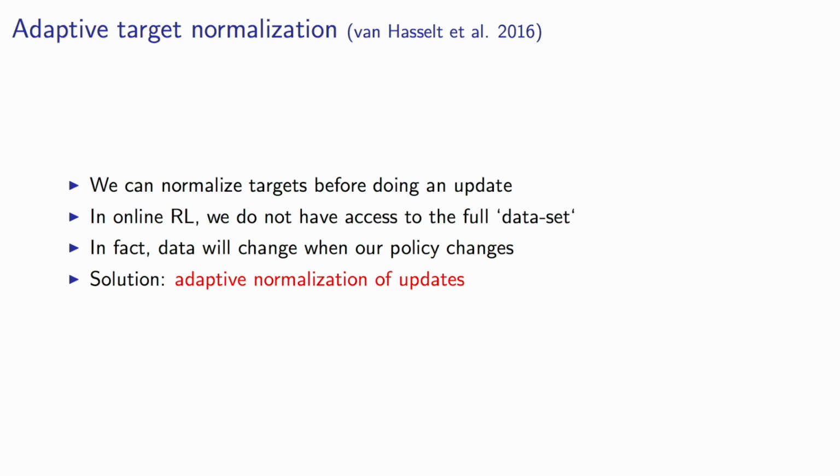Because in these games, for instance, at the beginning your scores might be quite low, but it might still be important to see the difference between an extremely low and a somewhat low score. Whereas much later in the game, your scores might be thousands of times higher in certain games. And then it becomes a little bit harder to pick an optimizer and a learning rate and things like that to be able to learn across all of these different scales. Because typically we tune our learning rates and other parameters to be appropriate for the scale that we're at. Sometimes it's not even that we normalize based on the data set, we just tune our step size, which is fine if you have a fixed data set. But in this case, it's less clear that that works well. And it turns out it actually doesn't, which is why we were clipping the rewards.